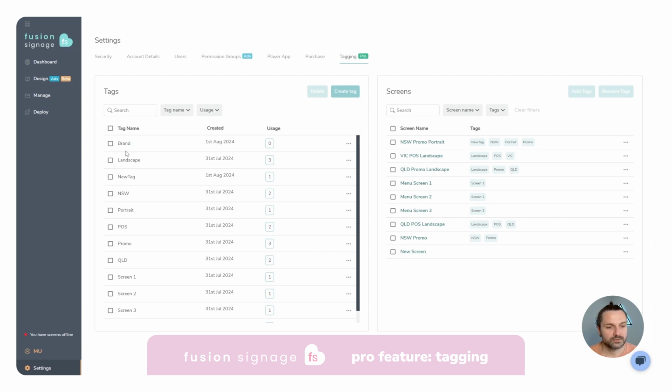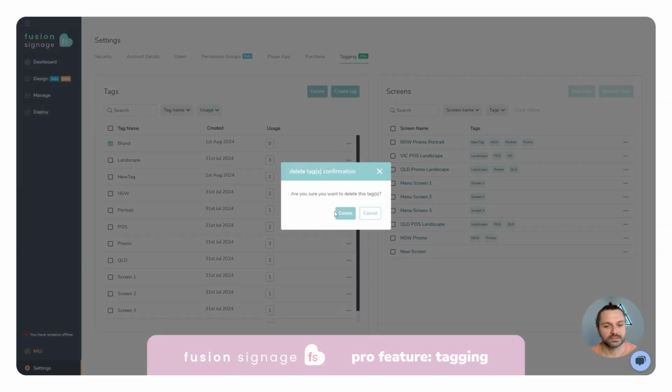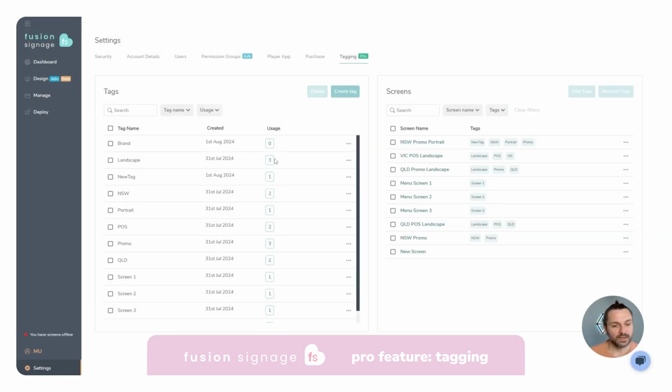One thing to note is that you can't delete a tag if it's currently in use, so you do need to remove it from all of your screens, and then over here I can now delete this tag and away it goes. The downside, I wouldn't say it's a downside, but one of the considerations is